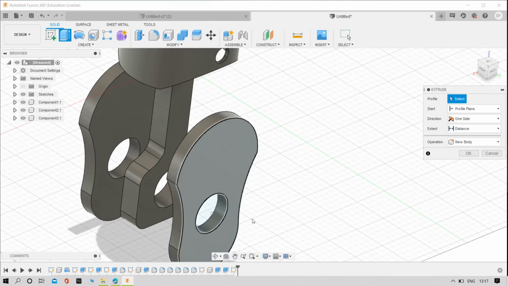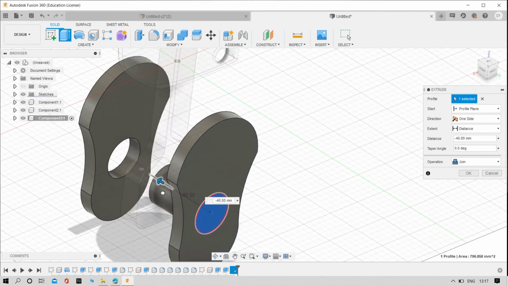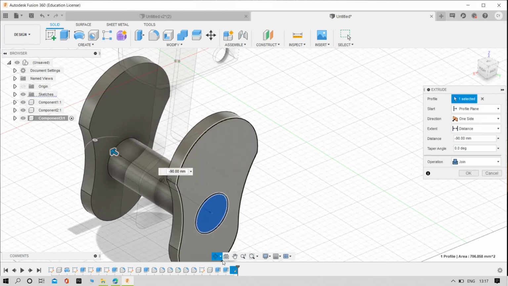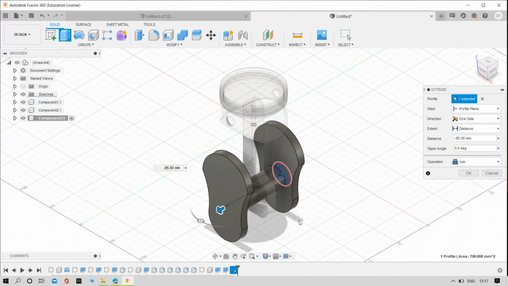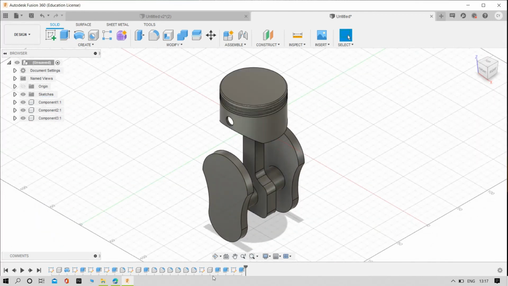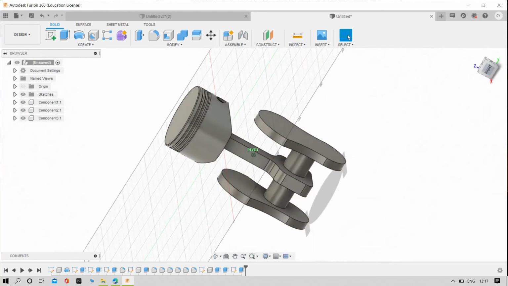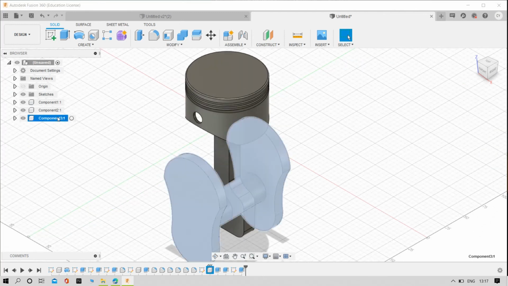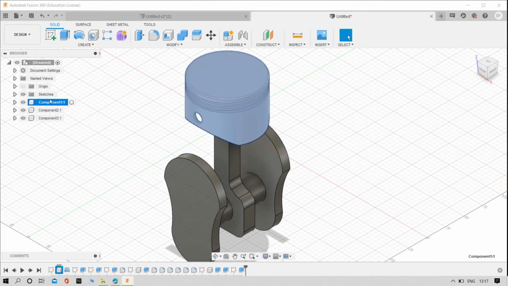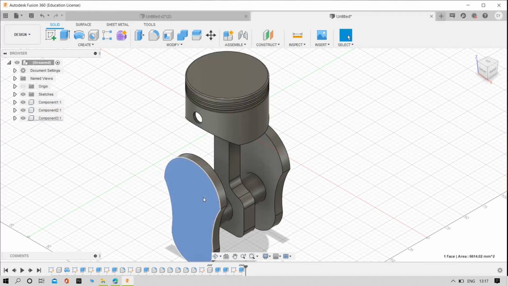Again extrude command, select it. Here make it a joint. Make it home. Yes. Click OK. Perfect. And the component is perfect. And also here we need to draw another sketch